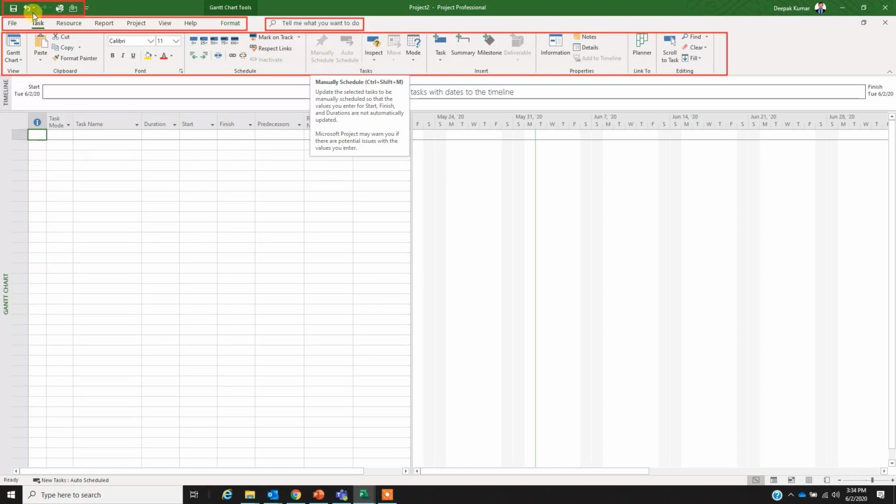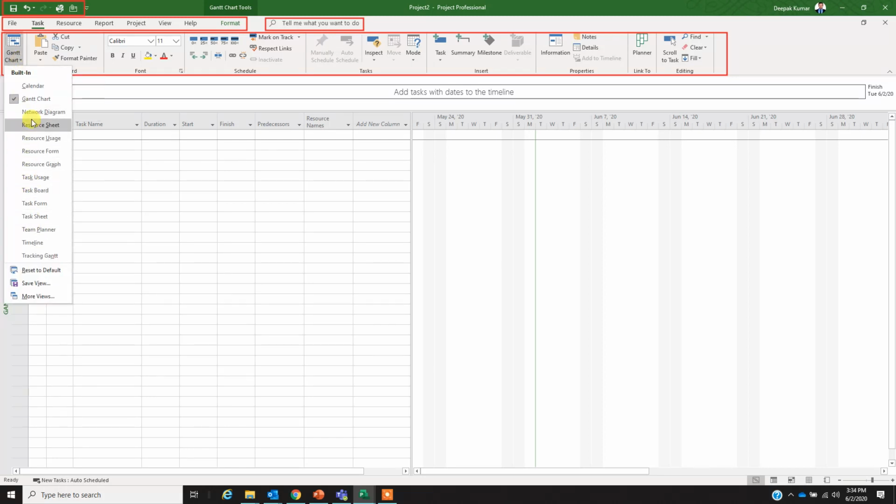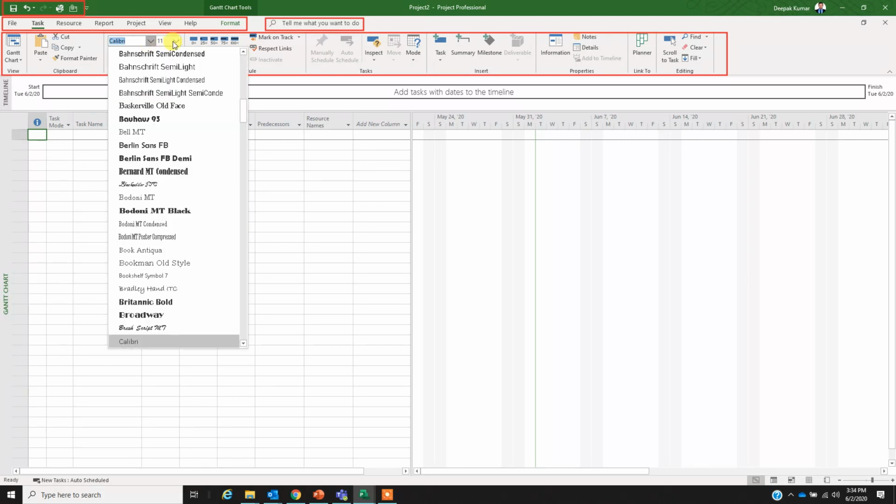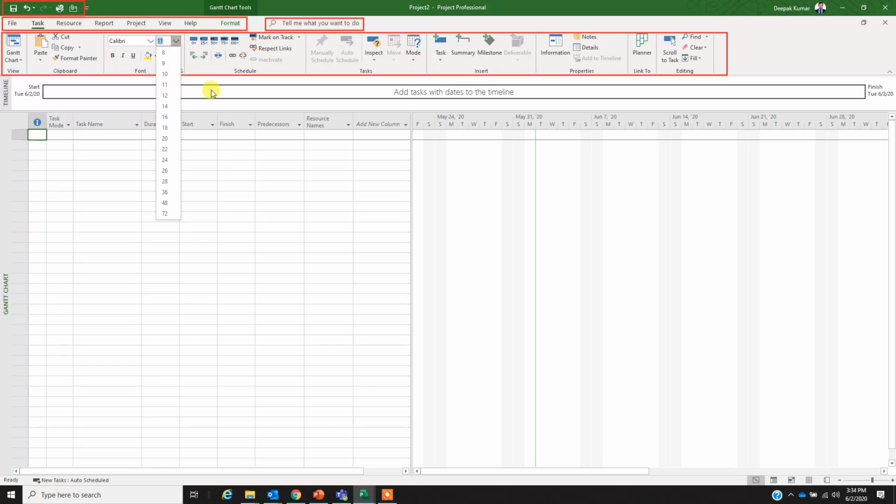For example, if we see the view tab, this is called Gantt chart. But if you click on this option, you can get many options here. You can select a Gantt chart, you can get a network diagram, you can select a resource sheet, and more such options. If you go to the clipboard tab, there are copy, paste, and such options. If you go to font, you can select the font type, you can select the size of the font, you can bold it out. So there are tabs, and inside those tabs there will be many and many options. All right,